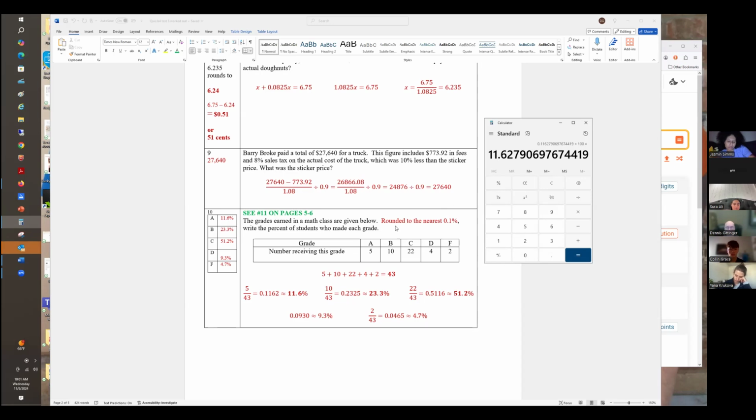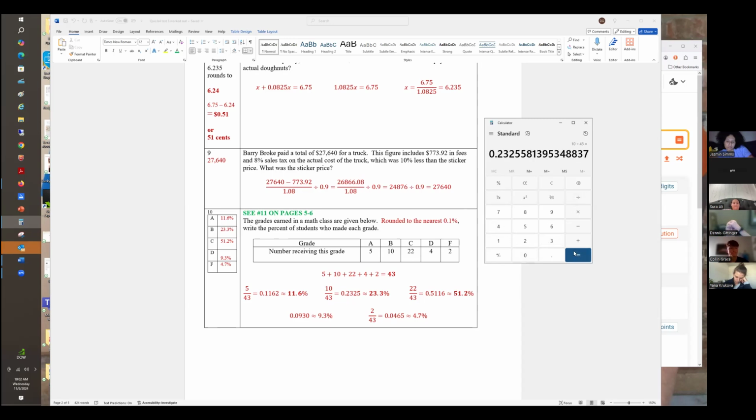And I have had this problem at least 5 times on quizzes with different numbers, and I've always said rounded to the nearest 0.1%, not to trick you, but you got to do it. What does that mean? 0.1% is not the same as the nearest 0.1. Oh, right. So this is 11.6. Is it big enough? No, it's got to be 5 or more. That's why it's 11.6. So if you do 10 divided by 43,